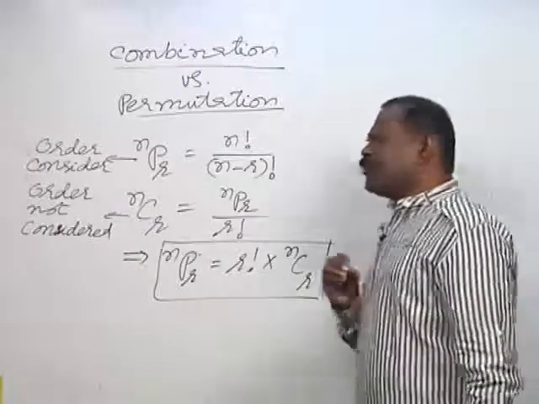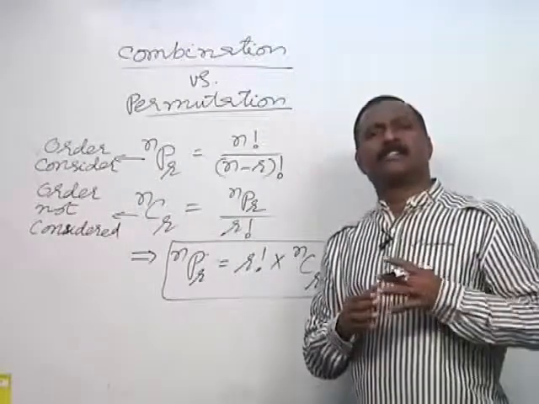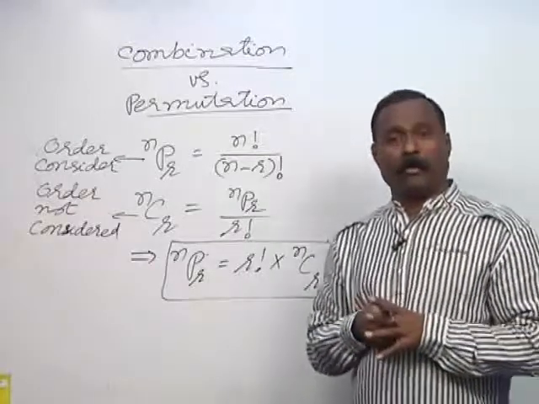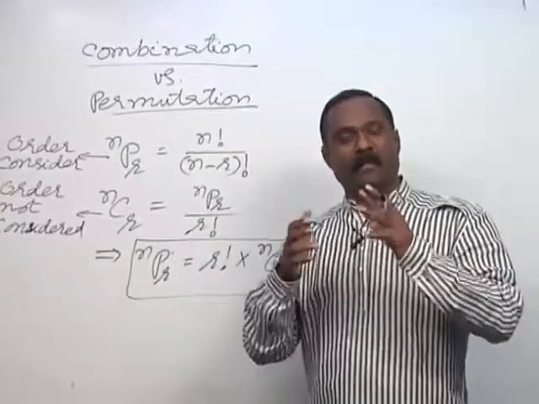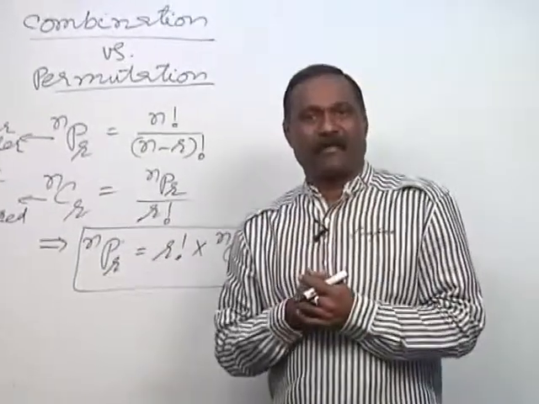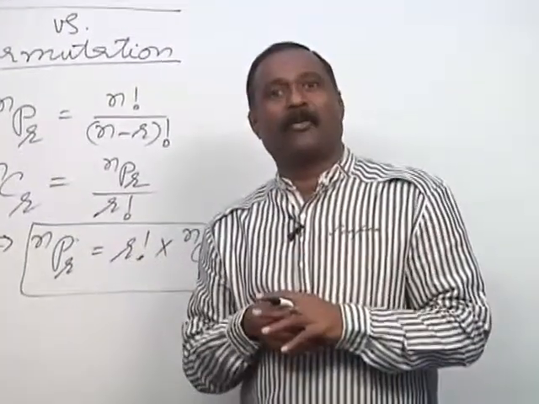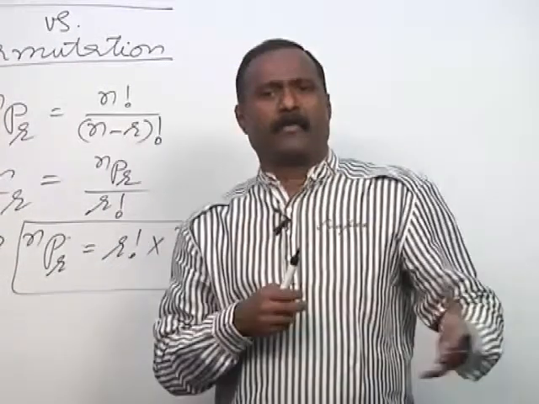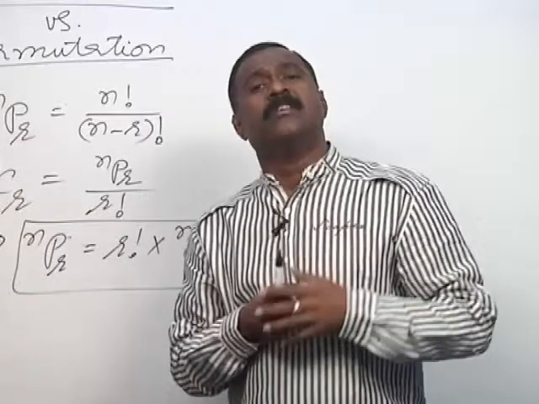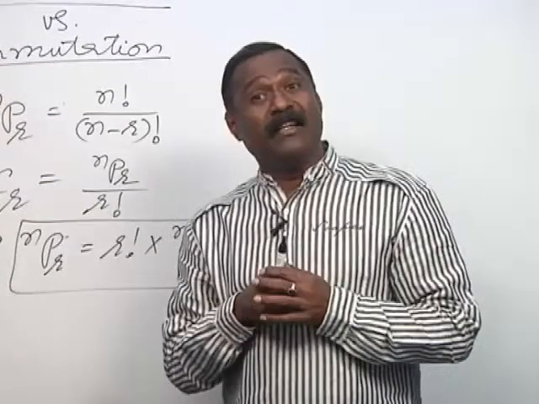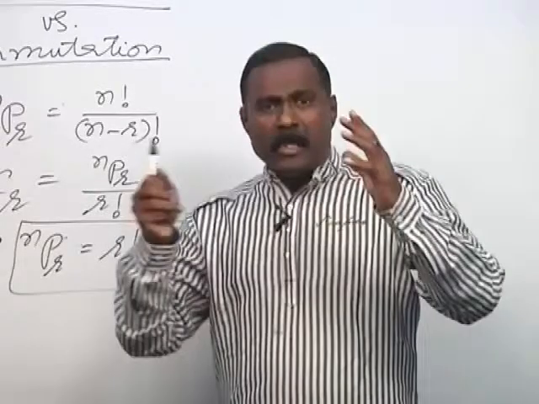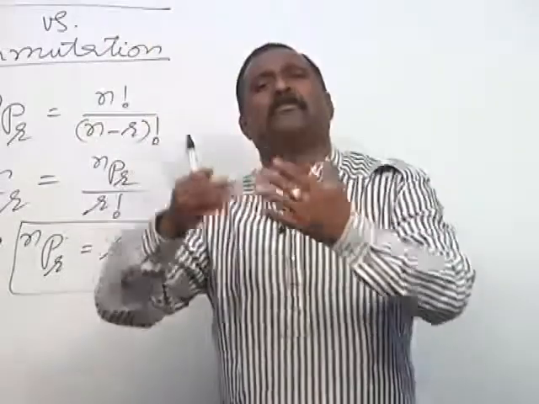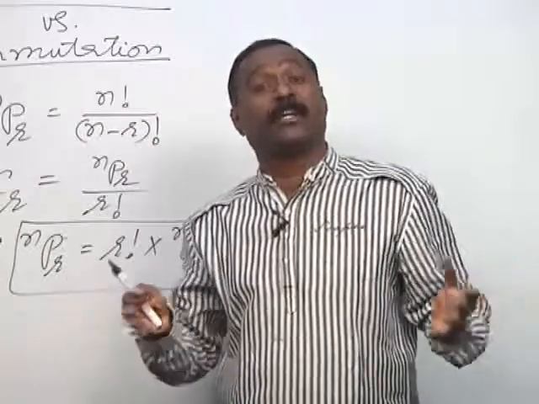So where to apply a permutation and where to apply a combination, generally students have doubt in that. Combination is to be applied for groups, committees, teams, and for all these you have to apply a combination. Like what? 20 people are there. From 20 people a cricket team is to be formed. In a cricket team, how many do you need? 11 persons are needed to play cricket. Who is first, who is in the middle, who is last, we are not worried about that. That forms a group.